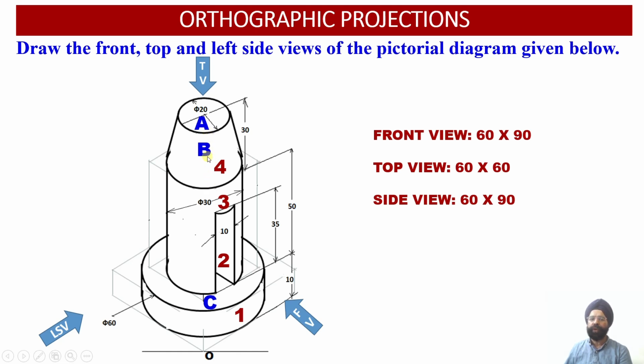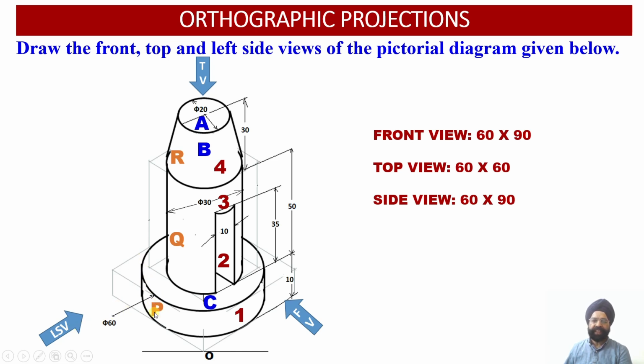So we are going to view the apparent shape, or a smaller shape, corresponding to the surface B onto the horizontal plane. And finally the surface C. Surface C also happens to be parallel to the horizontal plane. So onto the horizontal plane we are going to obtain the true shape of the surface in the top view. Now when we are going to look at the solid from the left hand side,